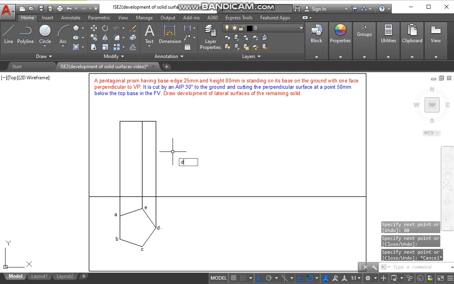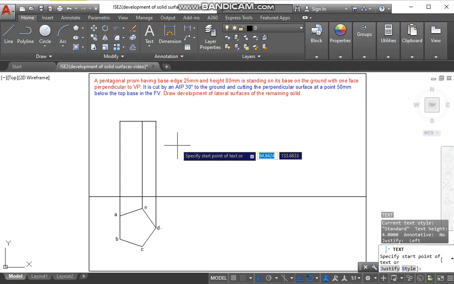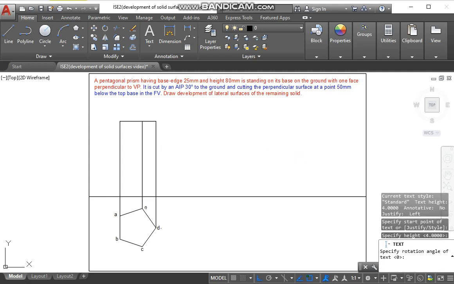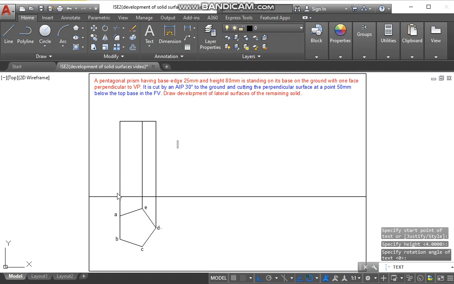Now we'll give the names to it. Here will be A, B. Here will be C, E. And here will be D. We'll give the same names to the top as well. A and B. Here C and E. And here it will be D.